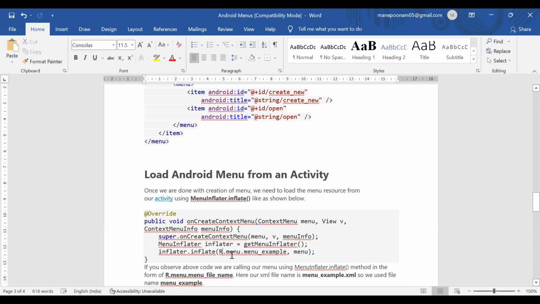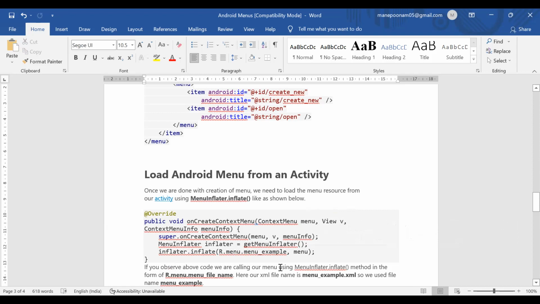So menu is nothing but the folder that we create in our application, and menu underscore example is the XML file where we create the menu, menu underscore example dot XML, and that we have specified as the first parameter. And the second one is the menu that we have created. This menu will be used here as an argument. So here it is explained.